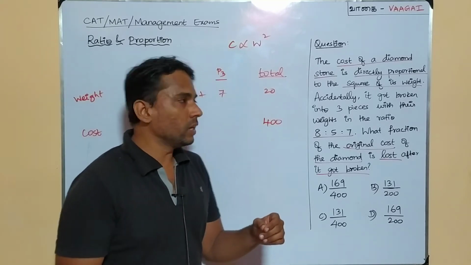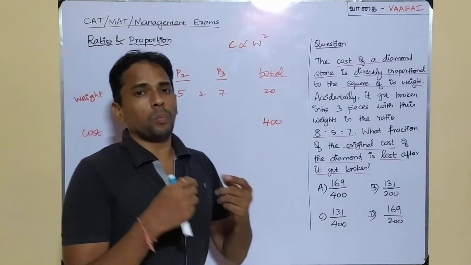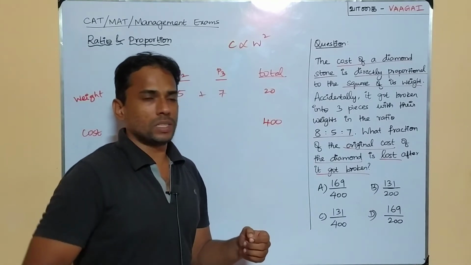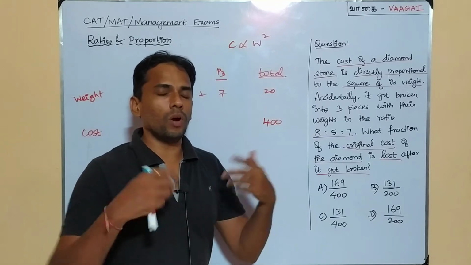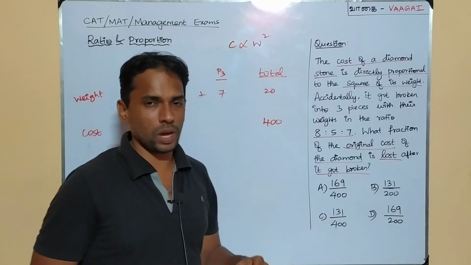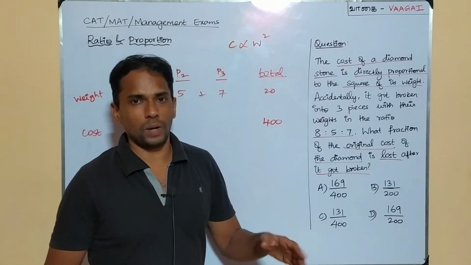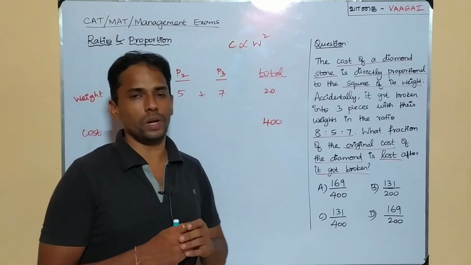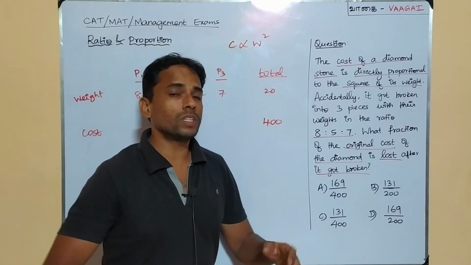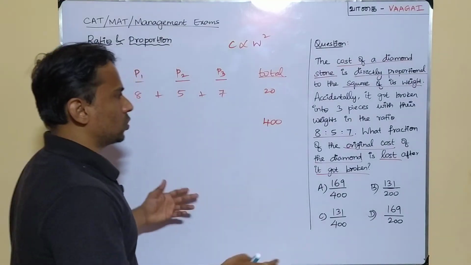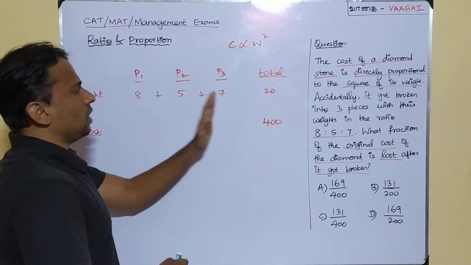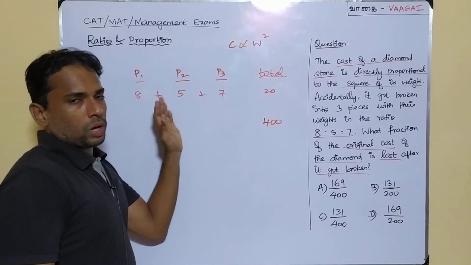And one more thing: they have clearly given it to be proportional. Then it means it will be proportional to only this 20 square, and it may not be equal to the same 400 also. Even that part we need not complicate. Why? Because it is only proportional, so it is going to be multiplied with some constant only. So we need not even worry about that. Yes, follow, and we'll do the same for the other 3 broken pieces also.